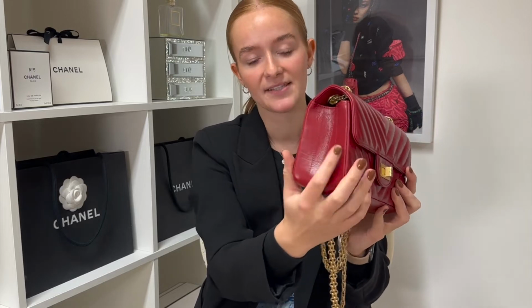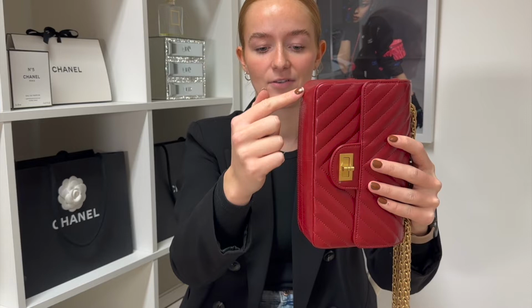So the handbag hack that I want to talk to you about today is all about this little beauty and the reissue handbags in general, really. You can't tell too much on our handbag, but it does actually fold at the sides. You can't really tell on this one too much because it is brand new. But over time, the reissue handbags do fold in a lot at the sides because they were actually designed to be like that. And at the base as well, again, you probably can't tell, but the base also folds down